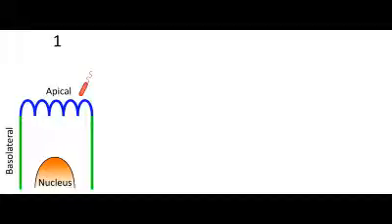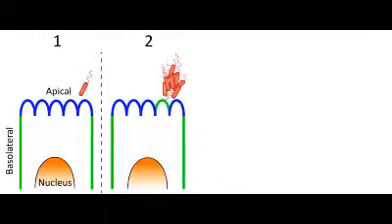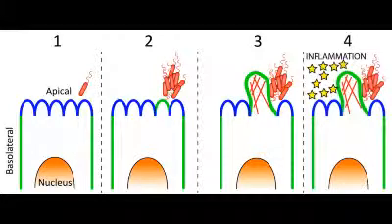This response occurs rapidly, as can be seen by the green flash underneath the red bacterial aggregate in this live cell time-lapse movie. Strikingly, the changes in cell polarity are associated with activation of the immune response. What this means is that the binding of bacteria to epithelial cells causes the top of the cell to pick up characteristics of the bottom of the cell, and that this change kicks off an alarm signal that warns of